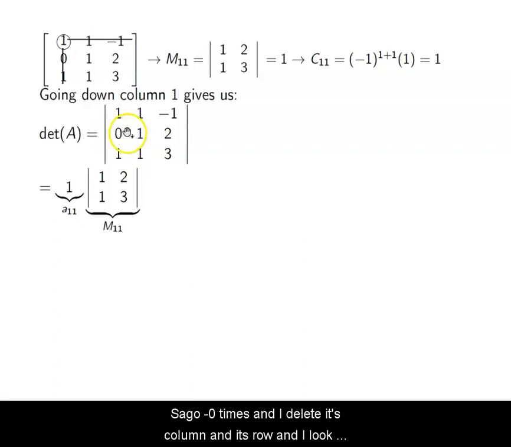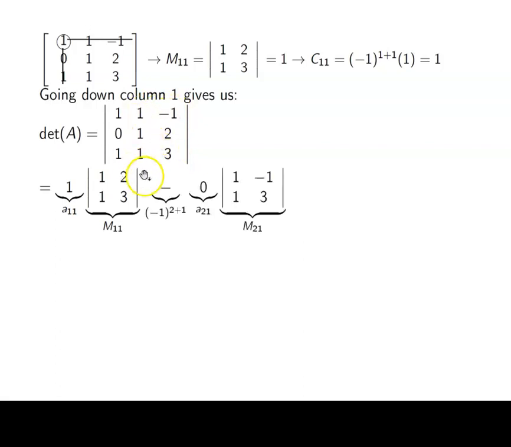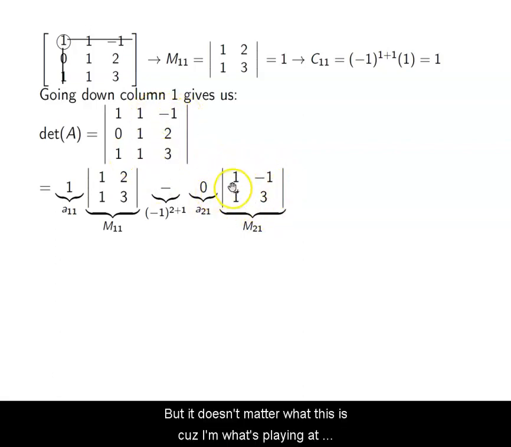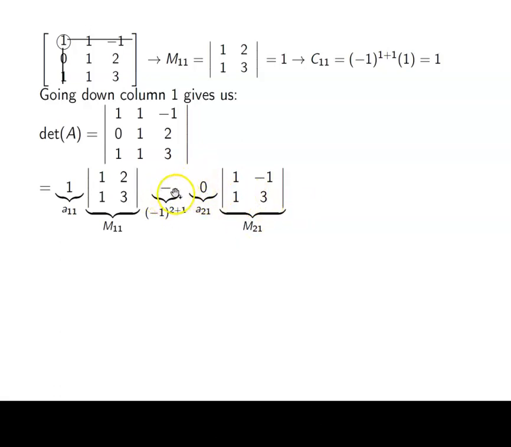So I'll go minus 0 times, and then I delete its column and its row, and I look at the submatrix, right? So minus, and that's based on the sign, 0, which is the entry, and the submatrix, 1, negative 1, 1, 3. But it doesn't matter what this is, because I'm multiplying it times 0. That's why we like to go where zeros are. Okay. Then I will add